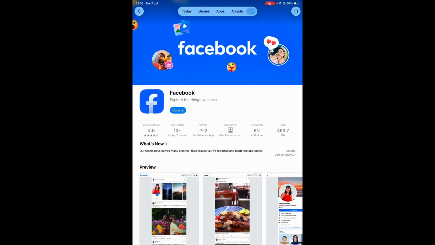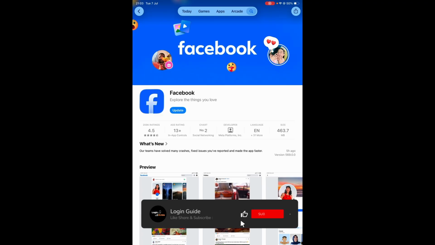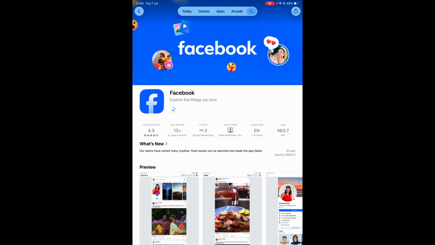Once you search for it, make sure that your Facebook application is up to date. So if you see an update button instead of open, go ahead and select it in order to update it to the latest and newest version available. After that, you can click on open to simply open your Facebook application and then log into your specific account